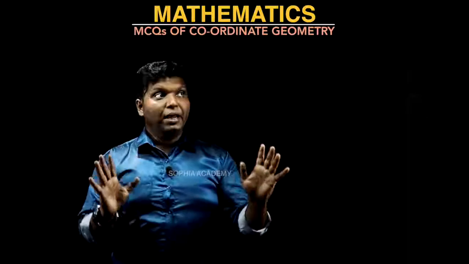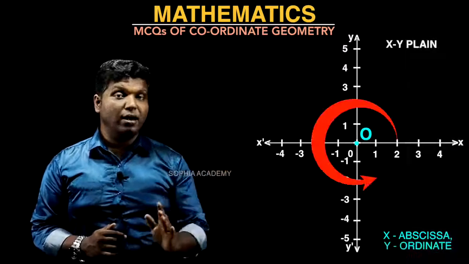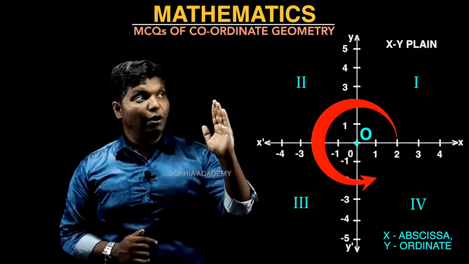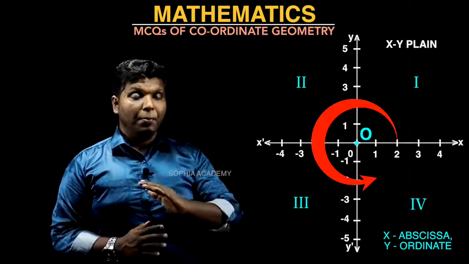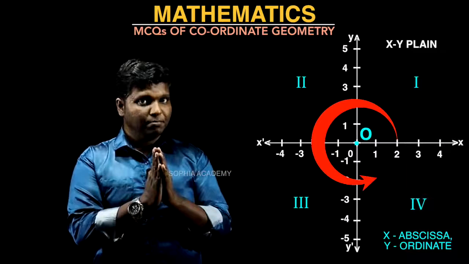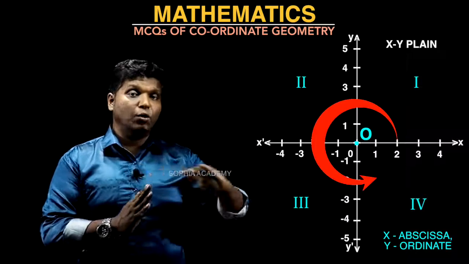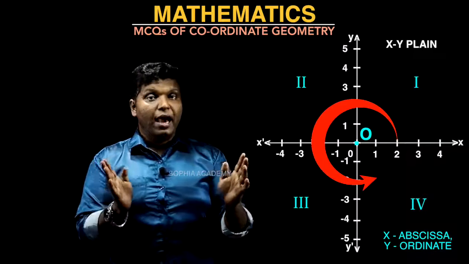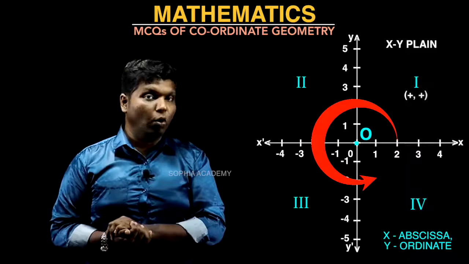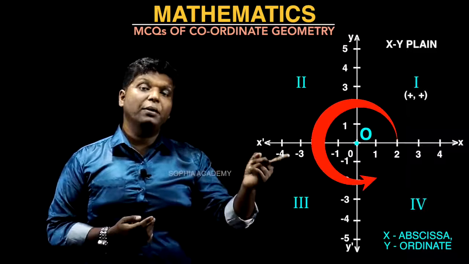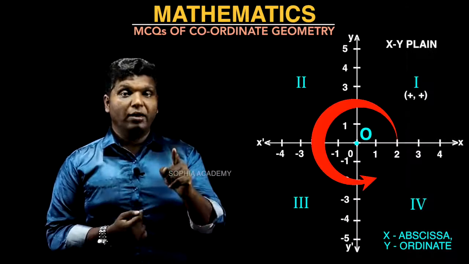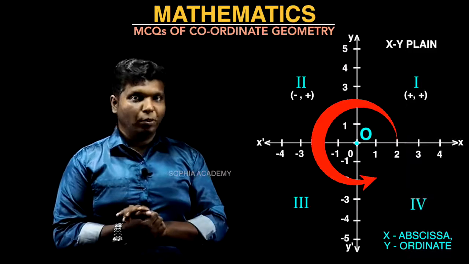So actually, by understanding the quadrants, we can see where exactly the x coordinate and y coordinate are in each quadrant. If you're taking a plane, an xy plane or a Cartesian plane, you're dividing it into 4 quadrants. The x-axis and the y-axis divide it into 4 quadrants. In the first quadrant, the x coordinate will always be positive and the y coordinate will also be positive. Then in the second quadrant, the x coordinate will be negative, whereas the y coordinate will be positive.